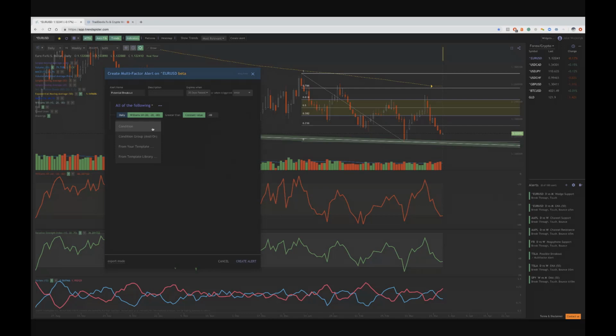We can also create another condition here. Let's say we want to do the daily RSI, and let's say we want to do this up as well, maybe above is greater than the constant value of 50. And then for me, I like to use the vortex indicator to look for potential trend